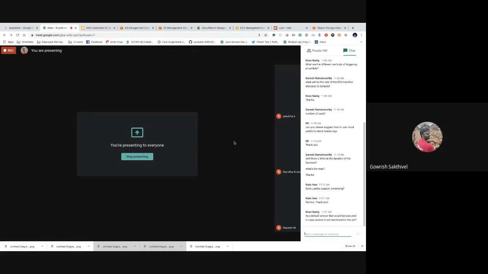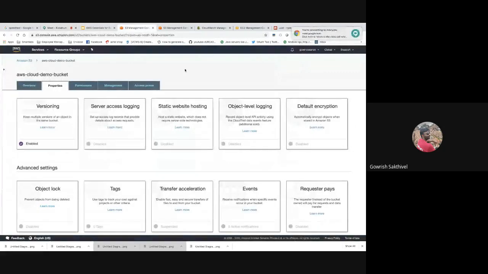Okay, I'll quickly summarize what static website hosting is. S3 supports a feature called static website hosting. Static website hosting is nothing but if you want to host some of your application as a website, and it doesn't involve any process, if it is just static, then you can use S3